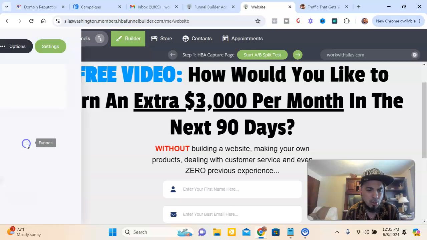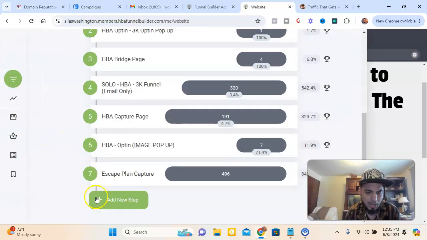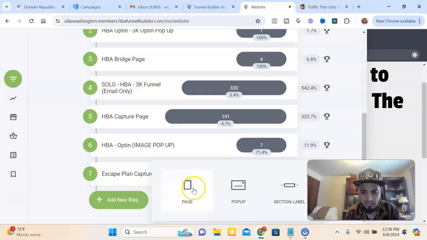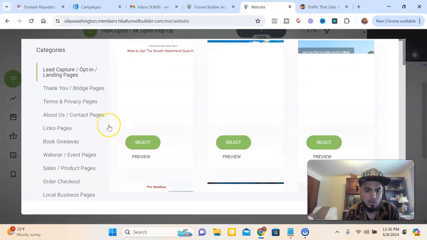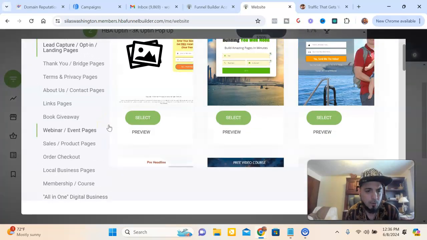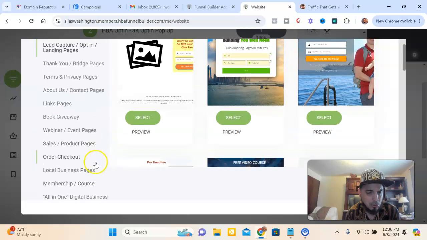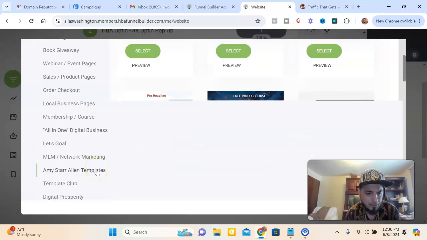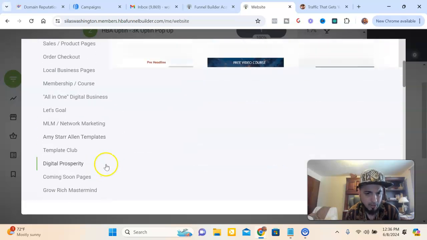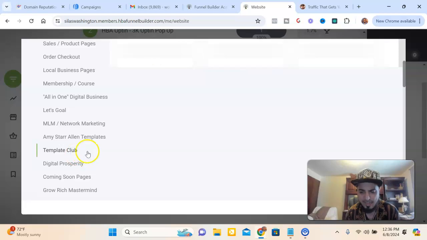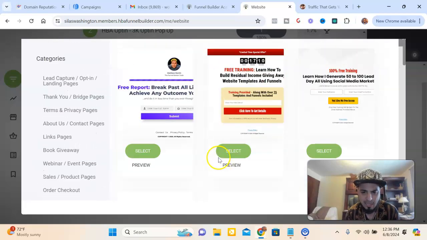Now I'm going to show you, a lot of people have to pay for stuff like this. So pretty much I'm going to show you exactly what the stuff is. Basically, you can build out all kinds of different pages. You could build out membership pages. You can do all that stuff. And we have a template club that has different templates.